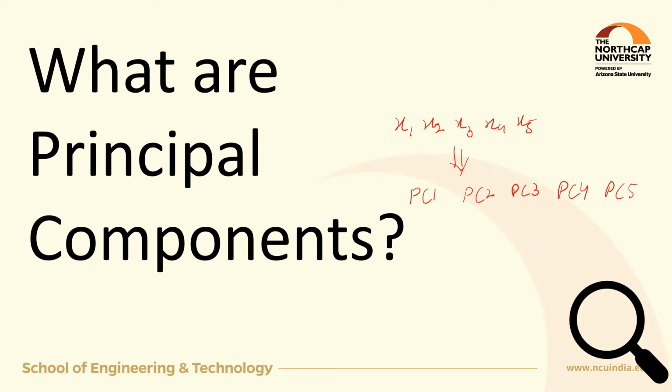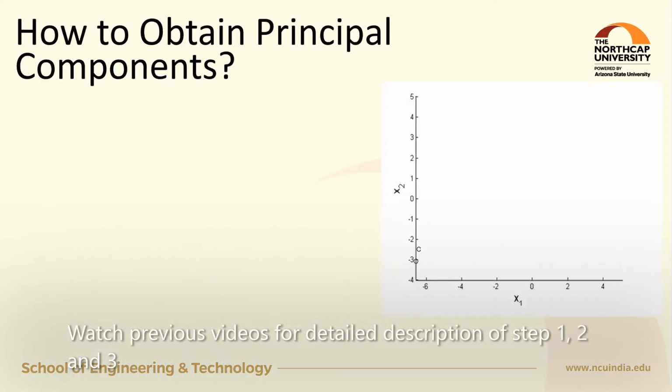And the magic of PCA is that it tries to put the maximum possible information in the first principal component, and then the maximum remaining information in the second, and so on. So we can make use of the first few components only, as most of the information is compressed into them. Now, how to obtain the principal components?